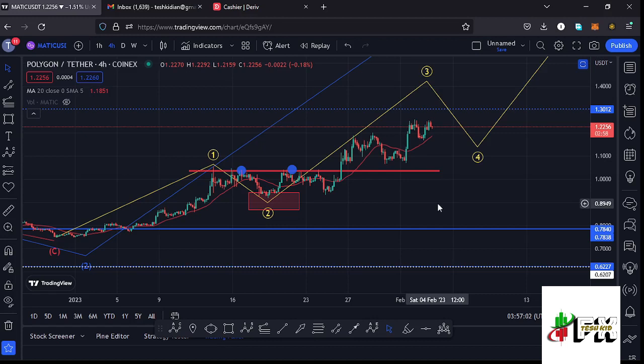We're also still holding above a key area of support at around the $1.05 mark. We have also continued to obey the Elliot wave structures, where I believe we are seeing the formation of this higher Elliot wave count, which is right here. And before I give you my next target areas to the upside in the formation of this wave 3, first